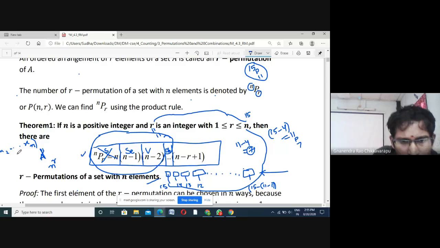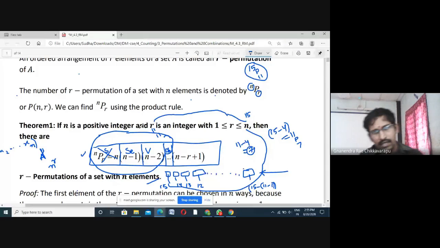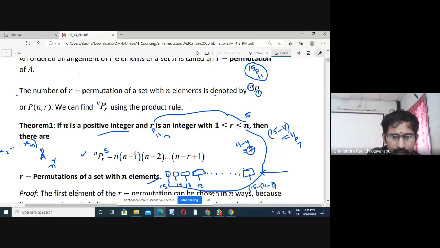So this is the formula. If n is a positive integer and r is an integer, 1 less than or equal to r less than or equal to n, then how many such arrangements are there? Arrangements will be n into n minus 1 into so on into n minus of r minus 1, that is n minus r plus 1. This product is hereafter denoted by nPr.